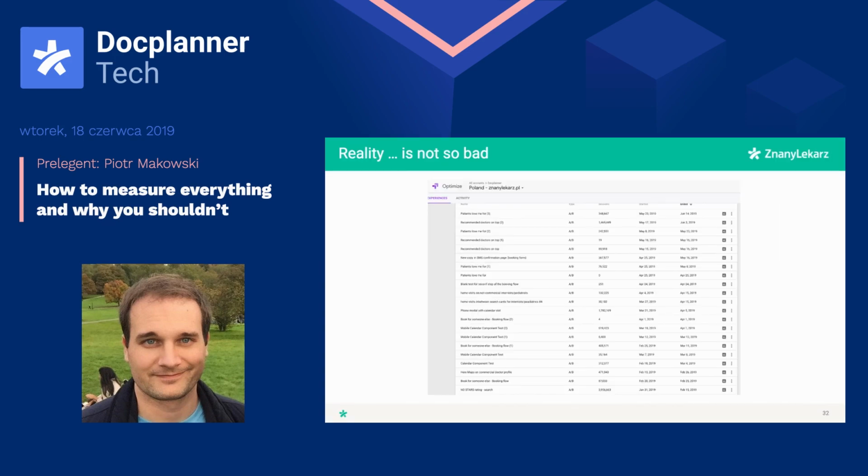is not so bad. Here's the screenshot of Optimize and all the tests that Adam's team did. So we can count the tests in May: 1, 2, 3, 4, 5. Only 5? Some more in April, okay. But we are consistent. We do lots of tests every month. We don't skip